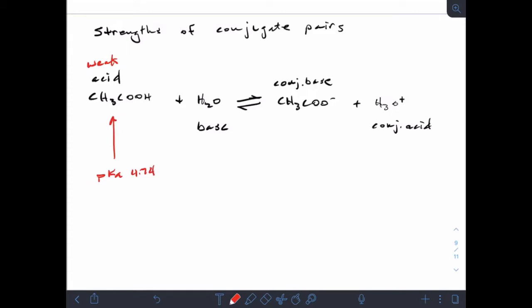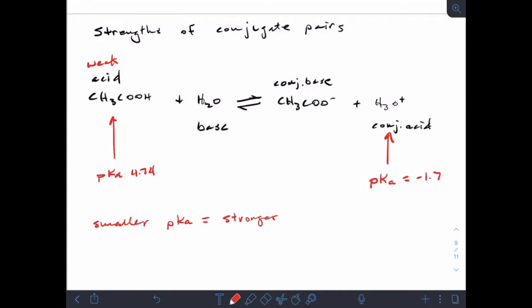The other acid in this equation is the conjugate acid, the hydronium ion, and it has a pKa of negative 1.7. So remember, smaller pKa is a stronger acid,